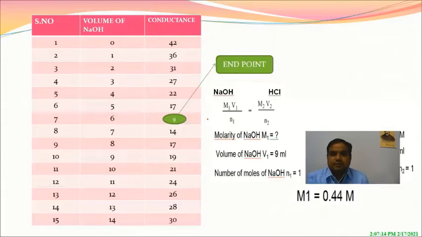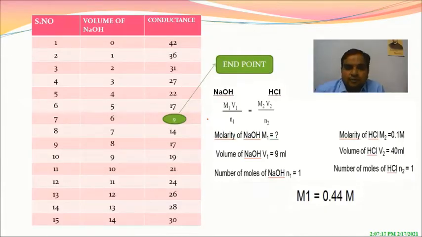Next, when you go for the titration values, before the addition of sodium hydroxide, the conductance value is 42. When we add 1 ml of the sodium hydroxide, the conductance of HCl decreases to 36. With further addition of 1 ml of sodium hydroxide from the burette, the HCl contains 19 ml. For each addition of 1 ml, the conductance keeps decreasing up to a certain point, that is up to 9. This 9 indicates the end point, we are calling it.